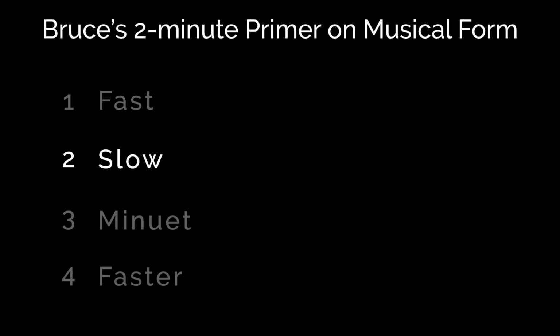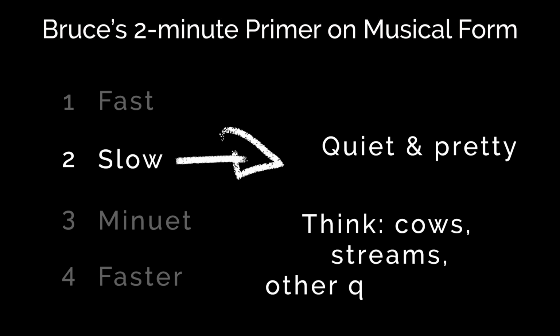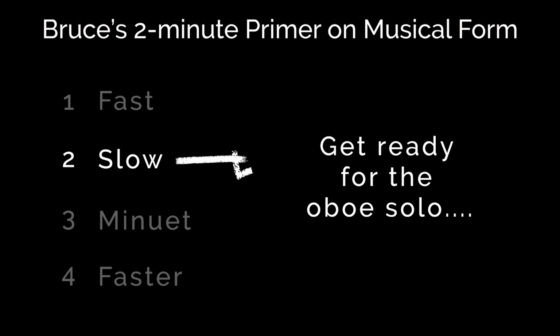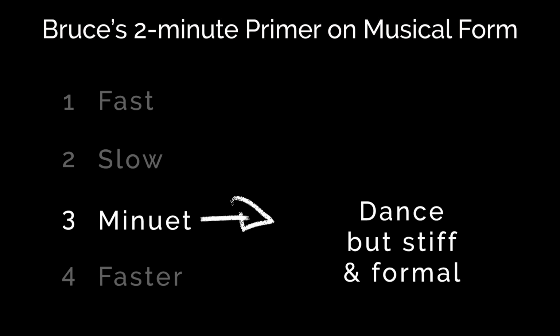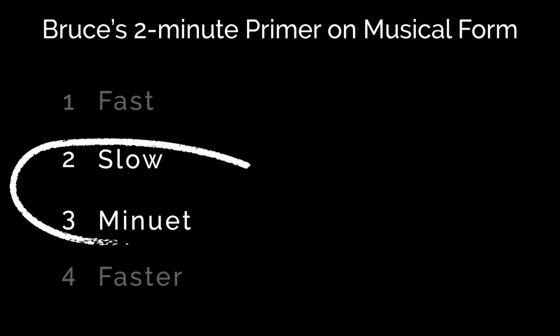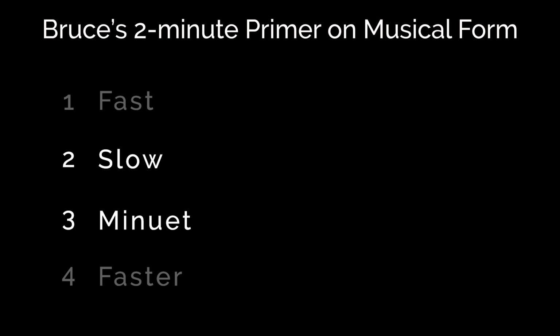The slow movement that follows is usually something quiet and pretty to contrast the opening, and here the composer shows off their lyricism and elegance and their ability to write slow, quiet, and beautiful music. It's usually a showcase for the wind soloists in the orchestra as well. The minuet, then, is just a fancy way of saying a dance in 3, like a waltz. 1, 2, 3, 1, 2, 3. Admittedly, composers often mess with the order of these two middle movements, sometimes switching them around, but this form here is the more common version.